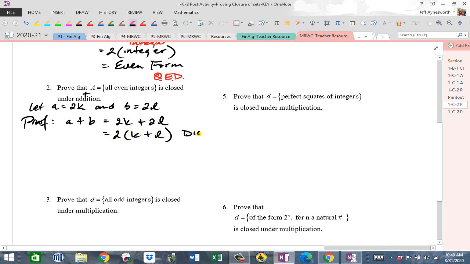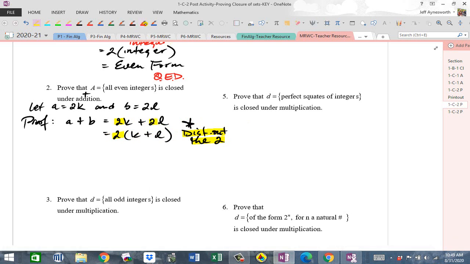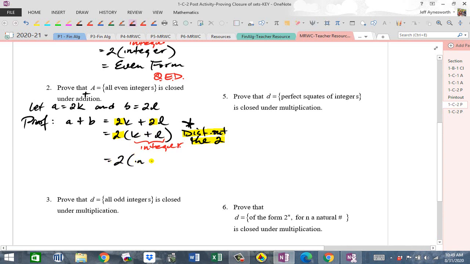Distribute out the 2. That's the key thing here. Distribute out the 2. Let me highlight that. It's just an algebraic technique. Look at that. The 2 is in common, so distribute it out. And guess what? An integer plus an integer is another integer, so this is an integer here. And now we are in even form. So this is equal to 2 times an integer,